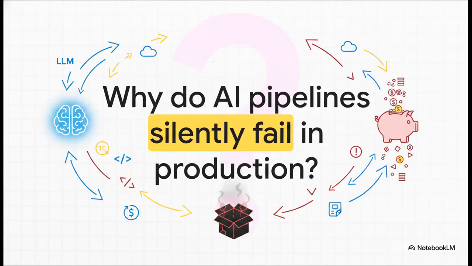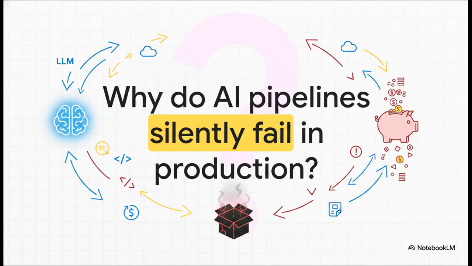So why do so many AI pipelines silently fail or just rack up massive LLM costs in production? Well, we're going to explore the total chaos that happens when unbounded large language model reasoning loops run out of control. Think about what an AI agent actually is for a second. Simply put, it gets some context, it calls a model, and then it lets that model decide on its own which tool to call next, whether to execute it, and then it feeds the results right back into itself. It repeats this process over and over until some condition is met. And the crazy part? The number of iterations is often totally unbounded until the model itself decides, okay, I'm done.